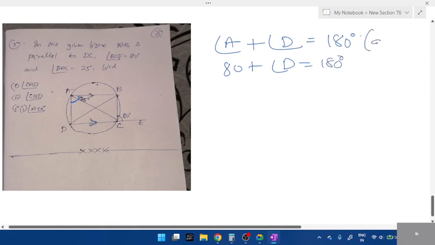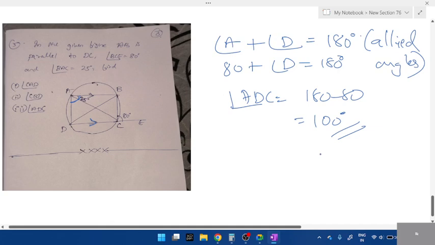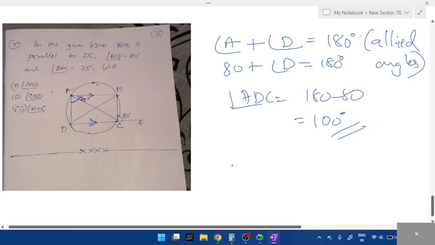So because of the parallel line concept, right? Allied angles. So top and bottom, A and D. Done? All of you completed? Okay, so the